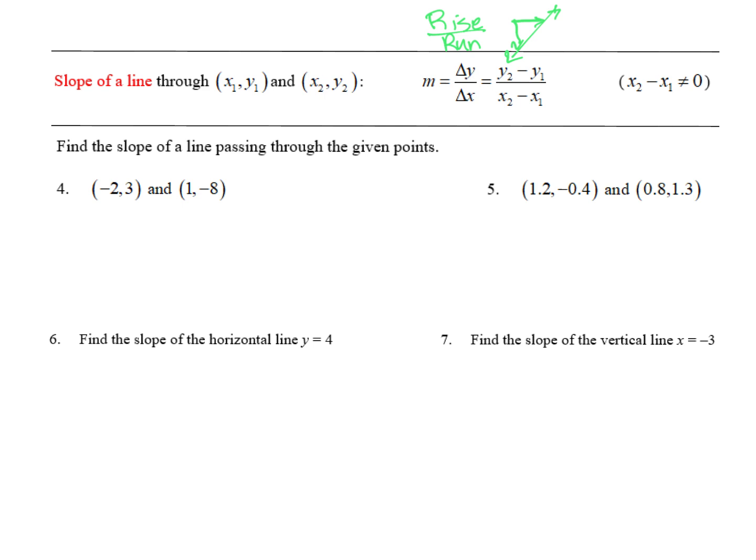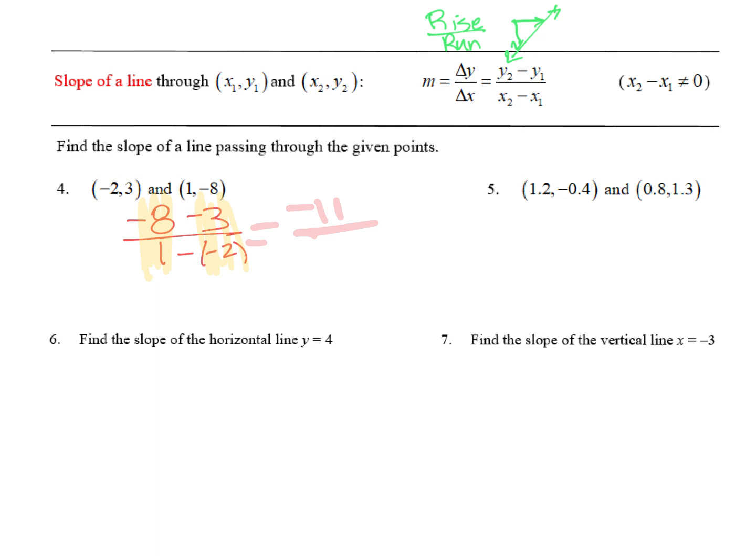So let's look at this. If I'm going to find the slope of these 2 points, I'm going to do negative 8 minus 3, those are my y values, divided by 1 minus negative 2. Notice here that I can read my point from the top and the bottom. Make sure that you're consistent when you're doing the change of, but order is actually not important as long as you're consistent. So what I find when I get that is negative 8 minus 3 is negative 11 over